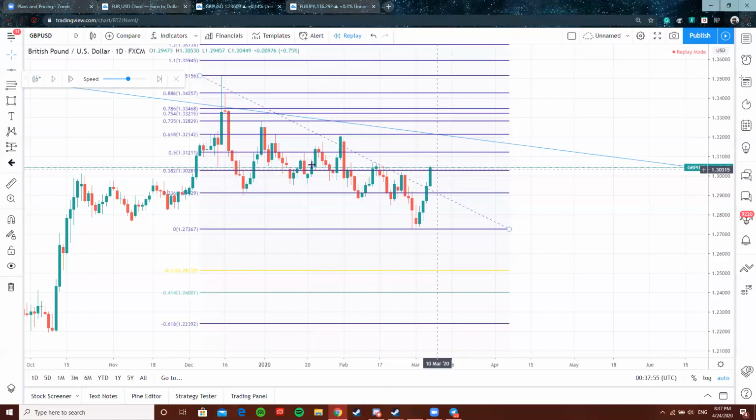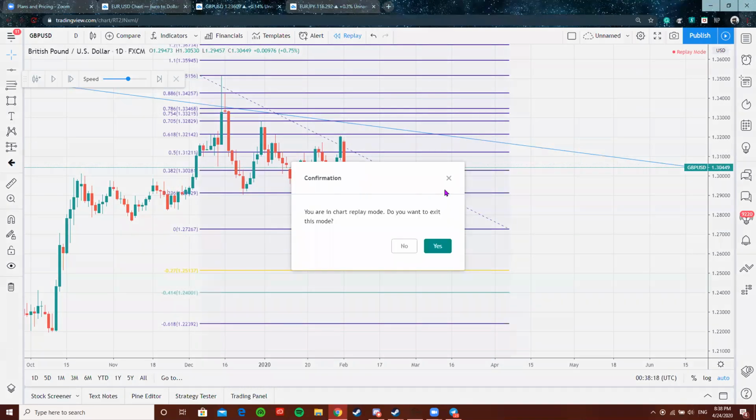So it's just kind of like using the fib lines, meaning that if you enter off the 38.2, fine, not a big deal. You see a clear downtrend here, right? But the problem is that your stop loss would have to be a little bit above the 50, and that's kind of risky because the market likes to take those 50 levels. But say we go a little bit even more back in time,